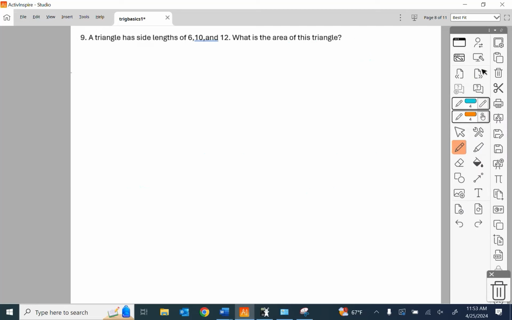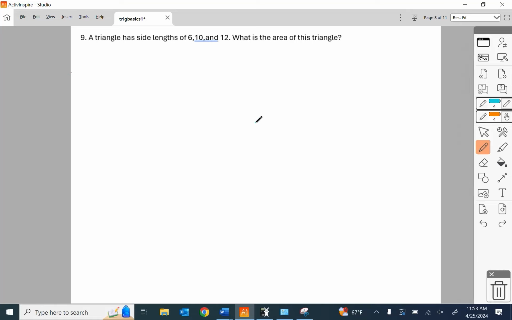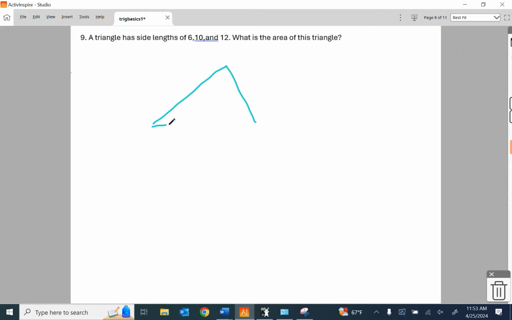Easy peasy. Triangle has side lengths of 6, 10, and 12. What is the area of this triangle? This is not going to be a right triangle. We have side lengths of 6, 10, and 12. And what we're going to have to do is use Hero's formula. It looks like Heron, but it's Hero's formula,